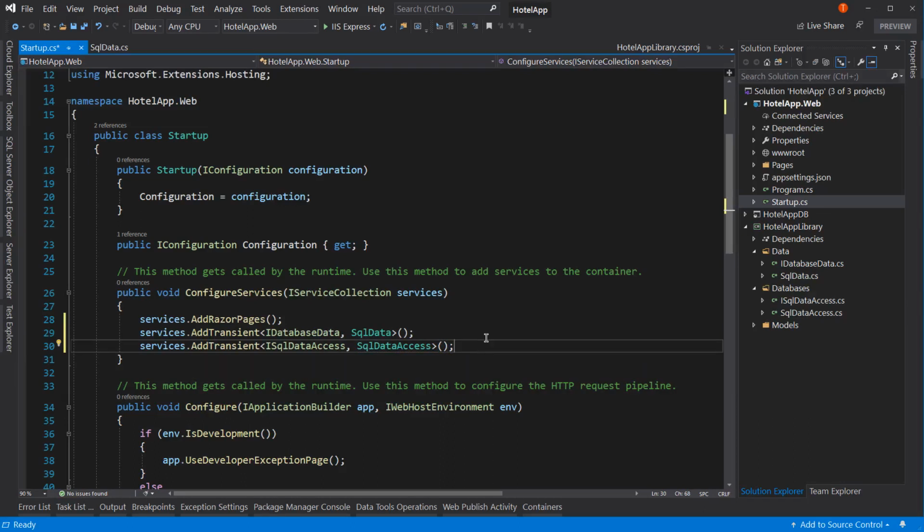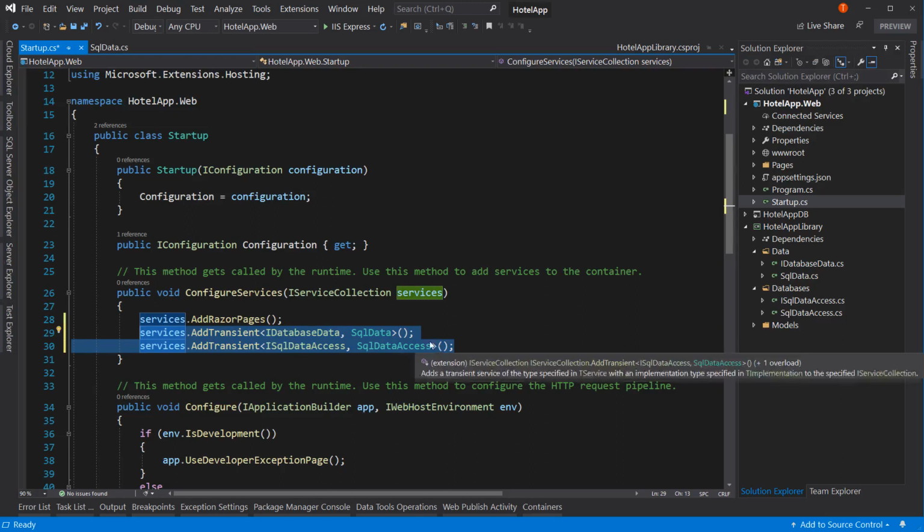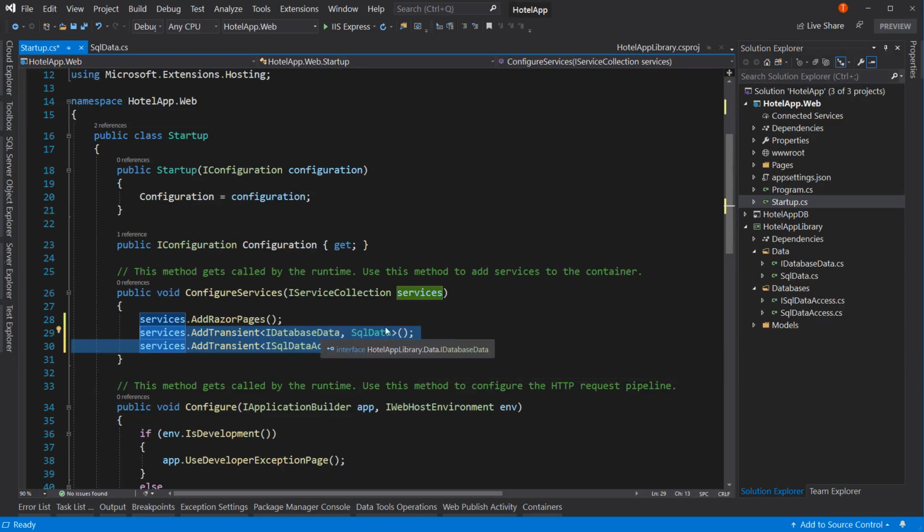Okay. Now, some people are a little concerned because they say, man, you have to put all those instances in your services in your front end. Why would you do that? It doesn't seem like it's a lot easier to put equals new in your code and then not have to do this all over. That's true, but as we're going to see later on in this course, replacing IDatabaseData,